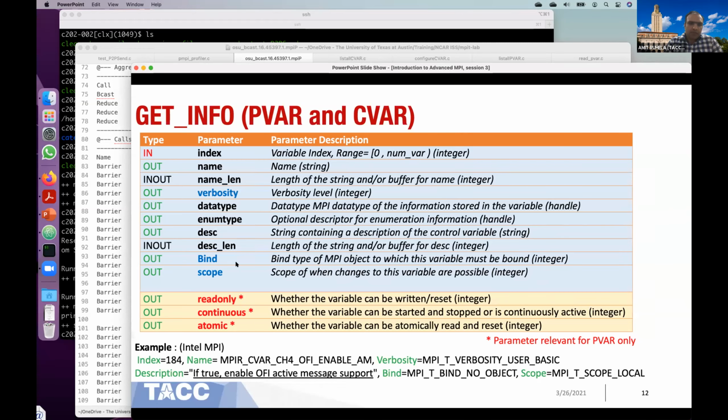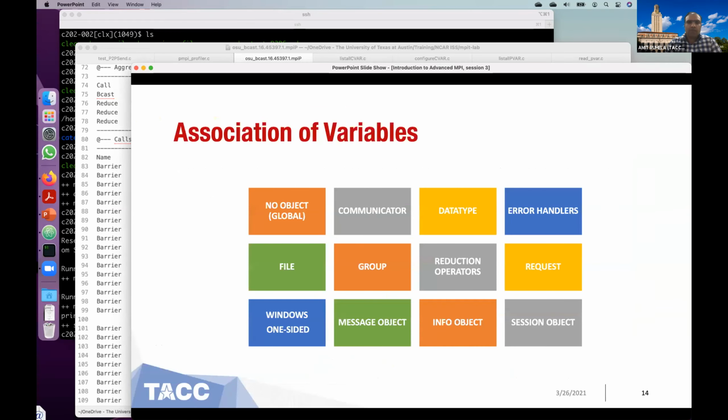Then it also has a binding parameter, which gives where exactly this variable is bound to. The variable may be defined at a global level, which is basically no object. It can also be at the communicator level, where the PVAR or CVAR is bound to a communicator.